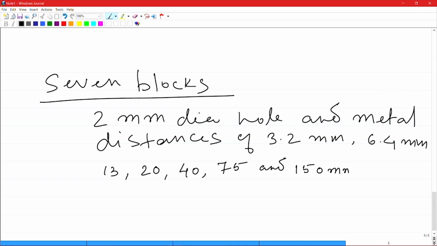Okay. So, these are the 7 metal distances that these 7 blocks provide you,